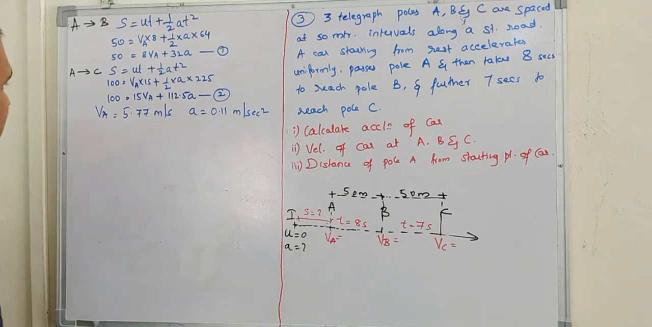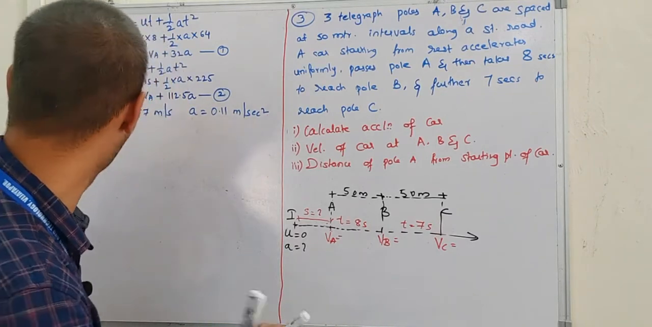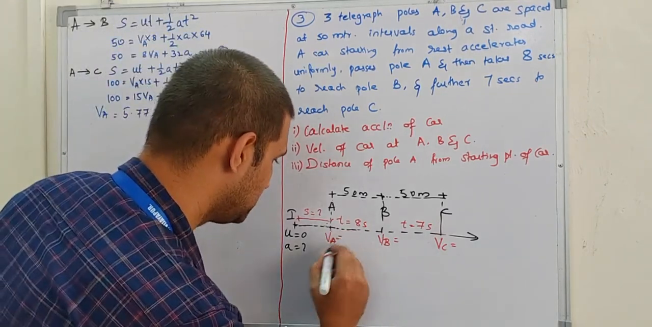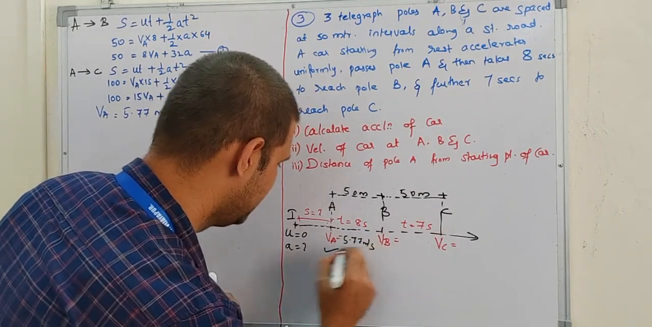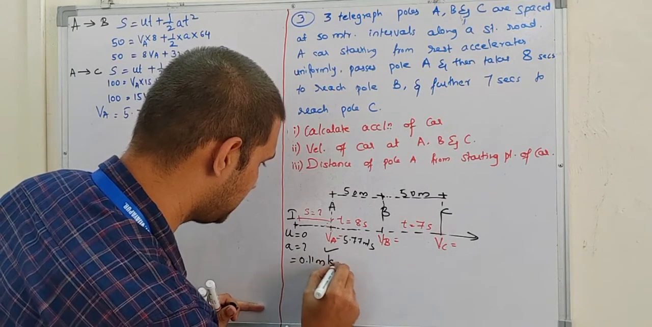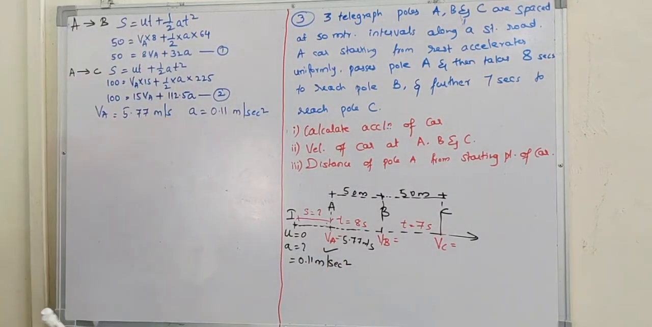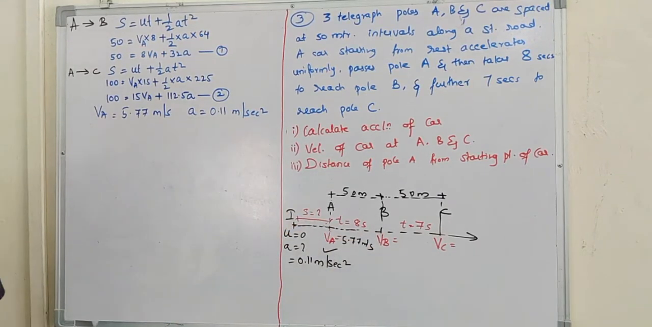So now what have we got? VA we have got. So we'll write down all the data we'll be getting. One value we got now, that is 5.77 meter per second, and acceleration is 0.11 meter per second square. Now we are left with VB, VC and S. So now again to calculate